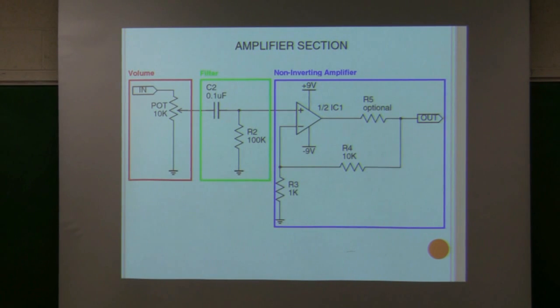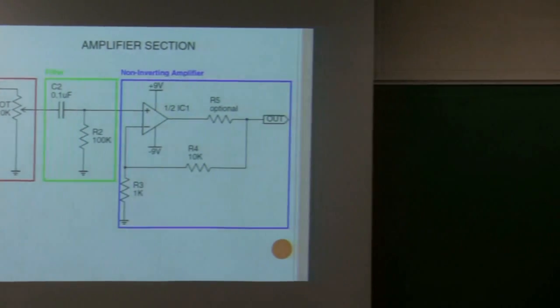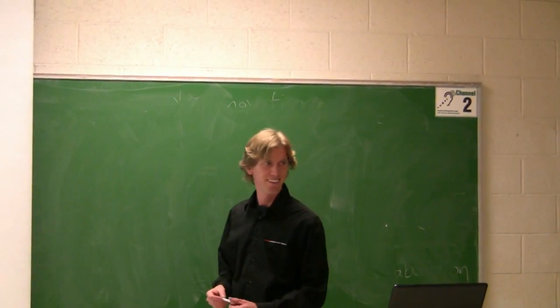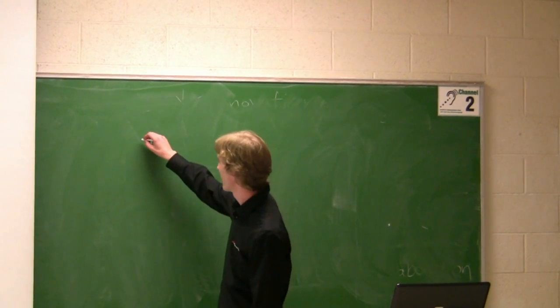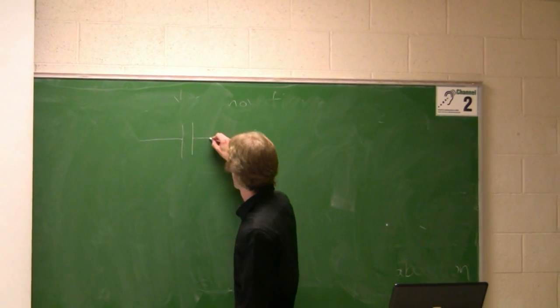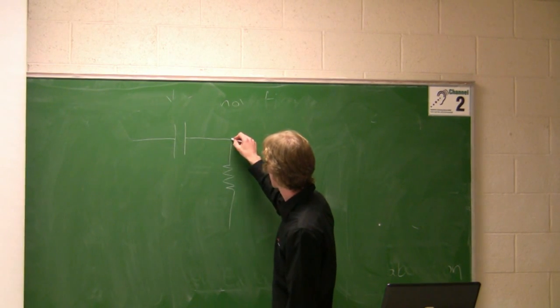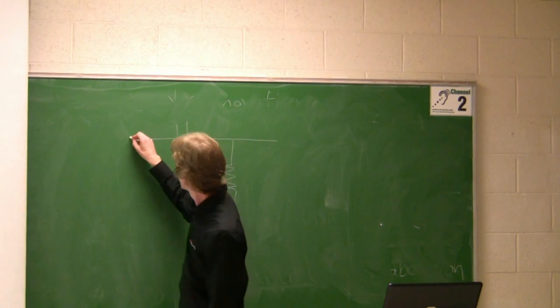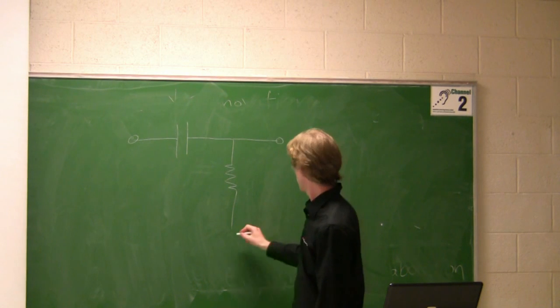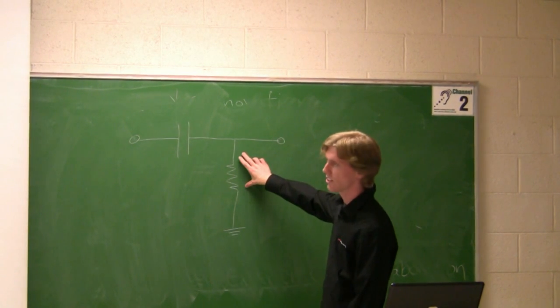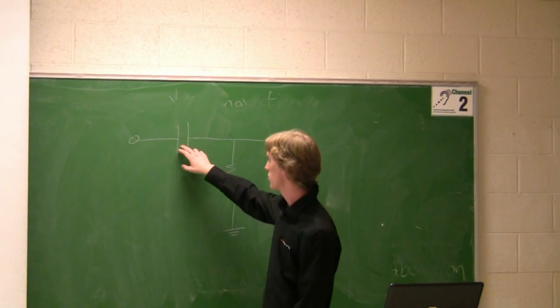So the next circuit they have in there is basically a filter. Can anybody tell me what type of filter? Yeah. Pretty much you have a capacitor and then you have a resistor. So if you think of this as a voltage divider, your output's going to be across here, and then you have a certain ratio of this impedance to